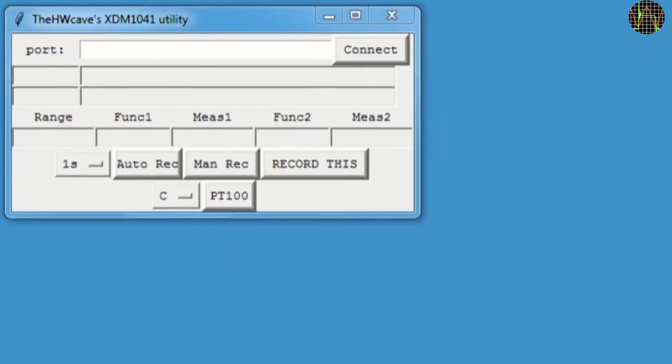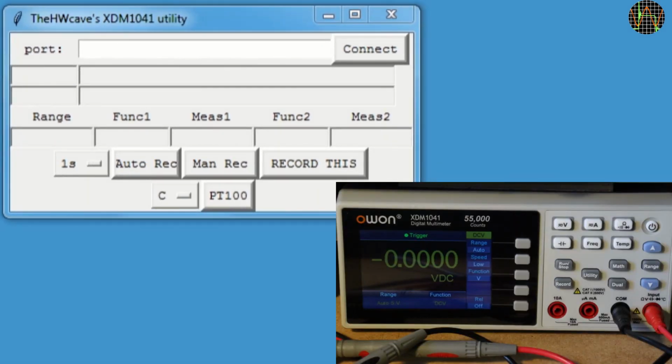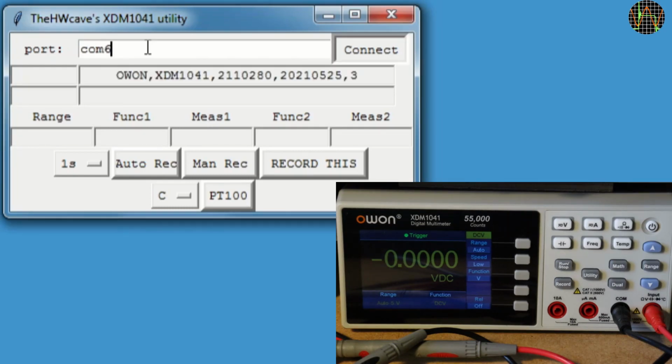The main purpose of this software is recording and nothing else. I thought of adding remote control, graphing and what else, but in the end I decided against it. There's a PC utility that Ovon provides for those who want remote control from a PC, although that leaves a lot to be desired, as you will see.